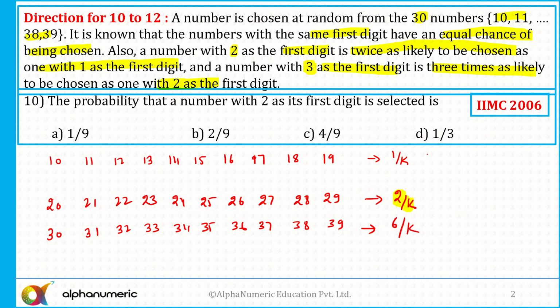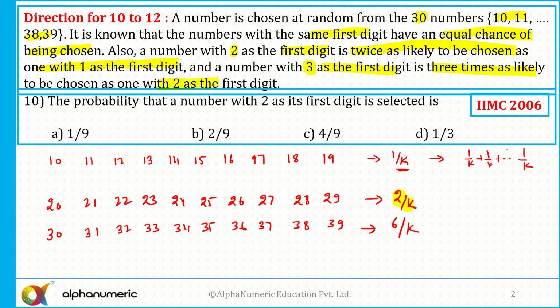Now, remember one thing, that there are 10 numbers. So what is the total of this probability? The total has to be 1. We know that the total probability is always equal to 1. So here, there are 10 numbers. 1 by k is the probability of picking each of them. The probability of picking 10 is 1 by k, the probability of getting 11 is 1 by k, the probability of getting 12 is 1 by k. So for these 10 numbers, what is the total? That is 1 by k plus 1 by k, and I need to add 10 times. So you need to add 1 by k 10 times, which is basically equal to how much?